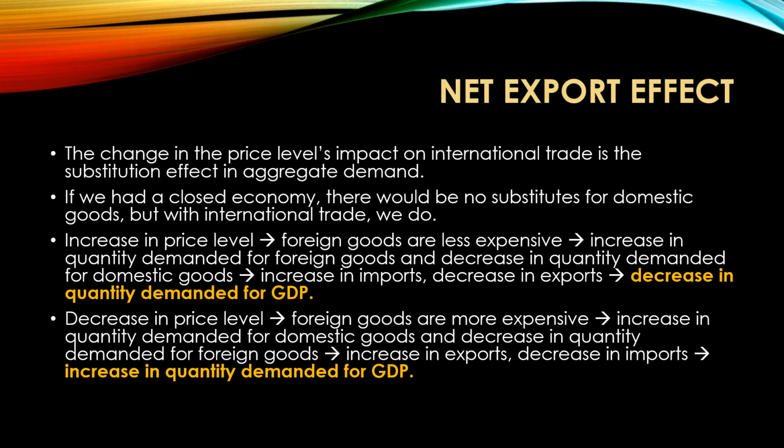The next one is the net export effect, and this is essentially the substitution effect. And so please bear with me with the arrows and the long text. There's a lot going on, and I think it's important that we know everything that's going on. So the reason why net exports and international trade looks complicated to read is because it is complicated in general. You not only have to factor in how the domestic country feels in terms of their components, but you also have to figure out how the rest of the world feels